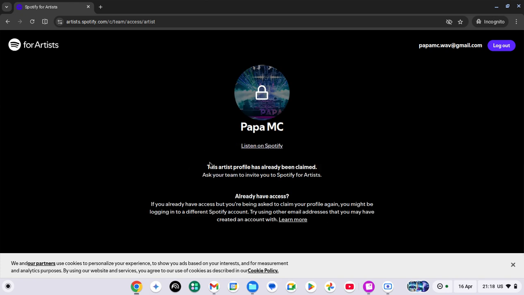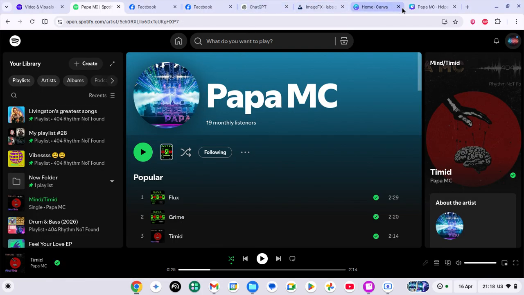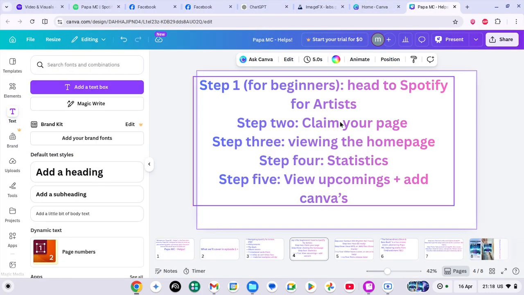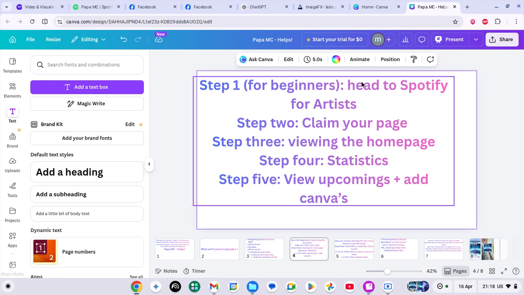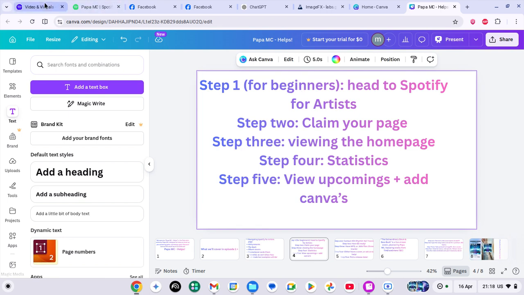Now, it'll take you to a different thing. You'll have to confirm that you're you, but since I'm already claimed, I can't reclaim. So don't try and claim an artist that's already been claimed, because you can't. So that's steps 1 and 2 complete. You've headed to Spotify for Artists, you've logged in, and you've claimed your page. Now,